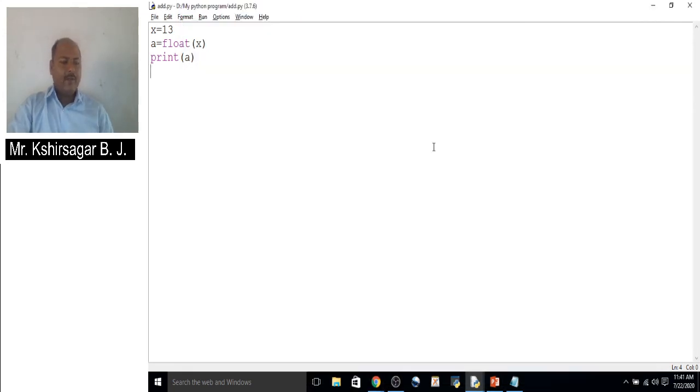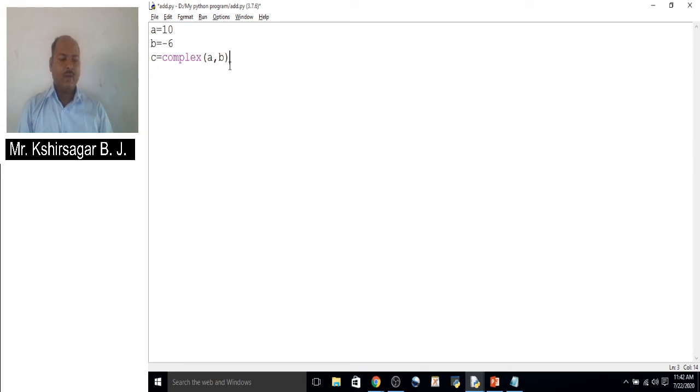Now we have to see the conversion to complex numbers. Suppose for example, you take a equal to 10 and b equal to minus 6. Now convert that, suppose c equal to complex of a comma b.